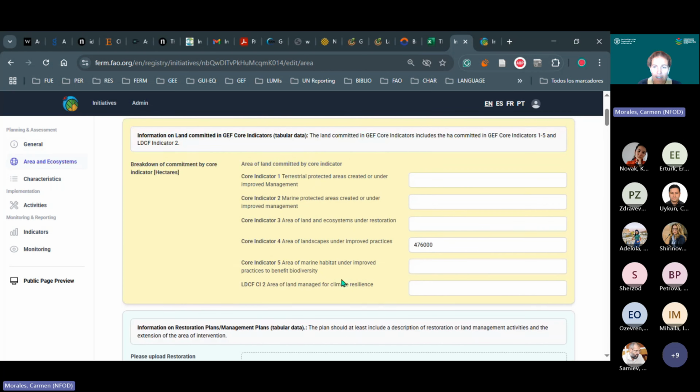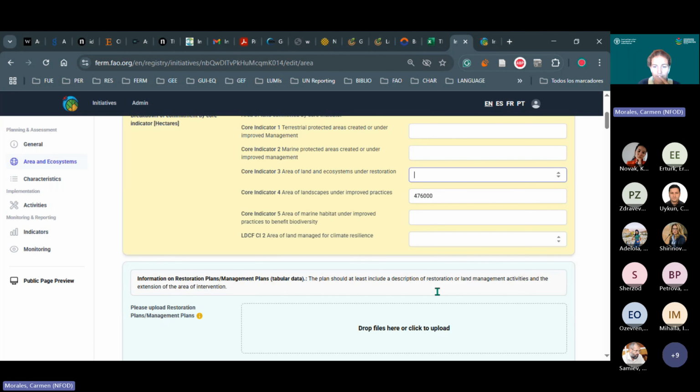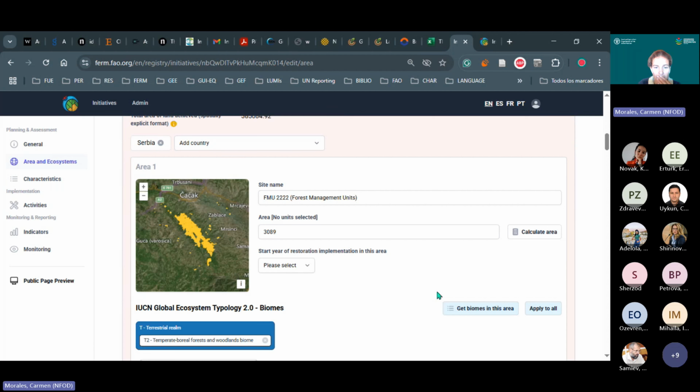Okay, so here in the first part, you indicate your commitments. For example, this project in Serbia only has commitments on landscape and improved practices, okay, the core indicator 4. And this is the number of committed hectares, okay? If you also have committed hectares under core indicator 3, you will add the hectares here, and then you can save the information. On the other hand, Petya has done this